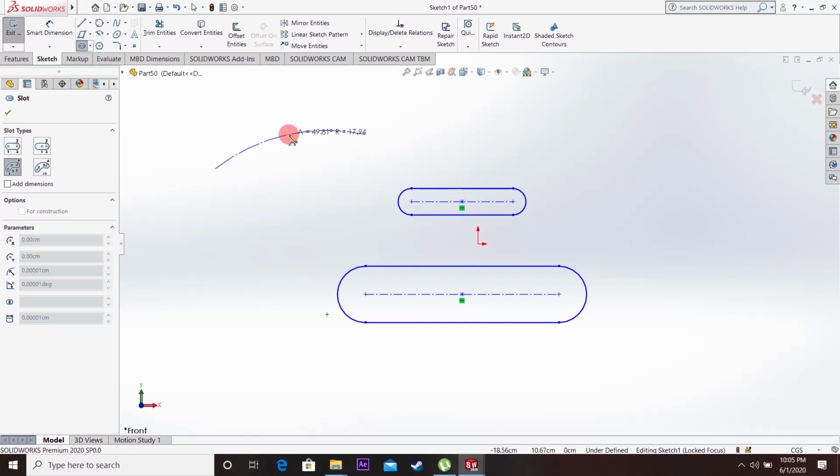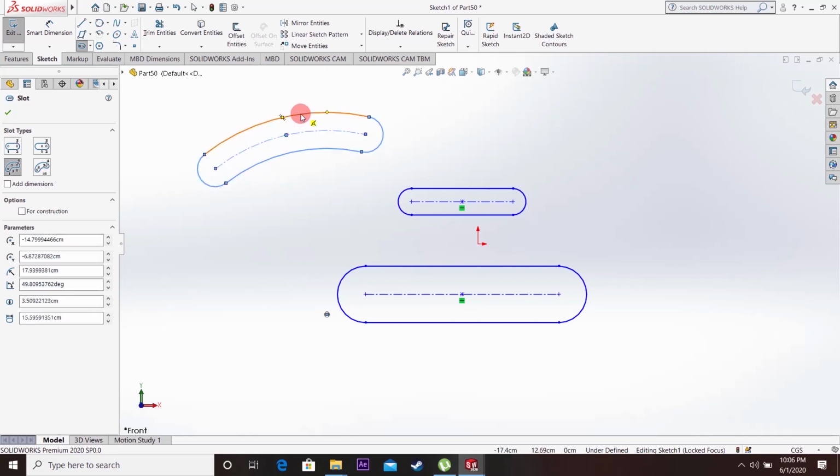Okay, after that, you just move your mouse up or down, which gives a width to that slot, and then just left click on it.